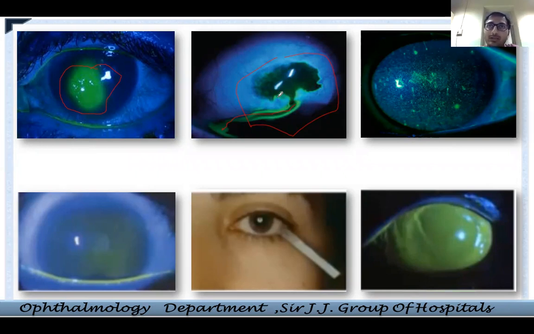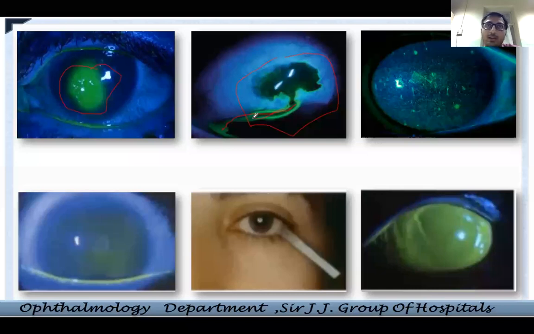How do you do a Seidel test? A Seidel test is not like you put fluorescein into the lower fornix and then check what is happening. No, for a Seidel test you go and touch the fluorescein generally. It is a little different from how you do it for surface staining. Here, you know which part to be examined. So if a trap is done, you know there is a bleb formed. You just need to go and touch your fluorescein strip there, and you will be able to see if there is a leakage, the flow like this.